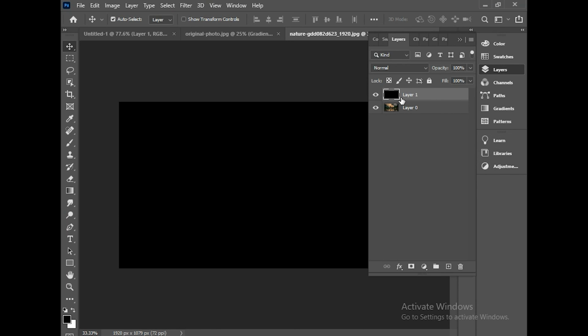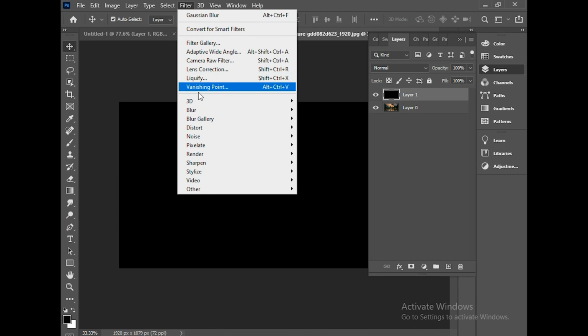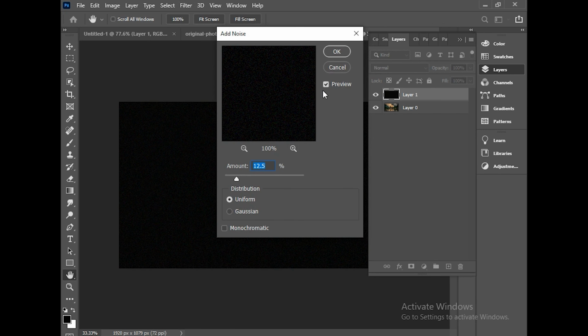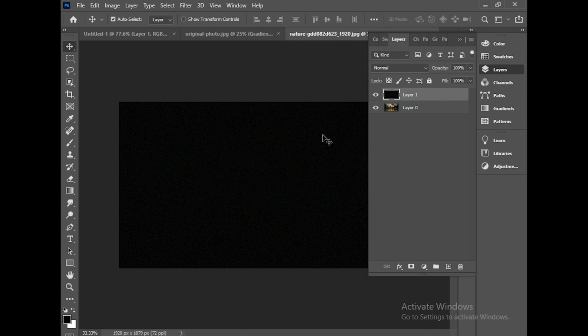After applying foreground black, go for filter, go for noise, then add noise, okay. 12.5, uniform, okay. Then to control the noise, I'm going to go from image,